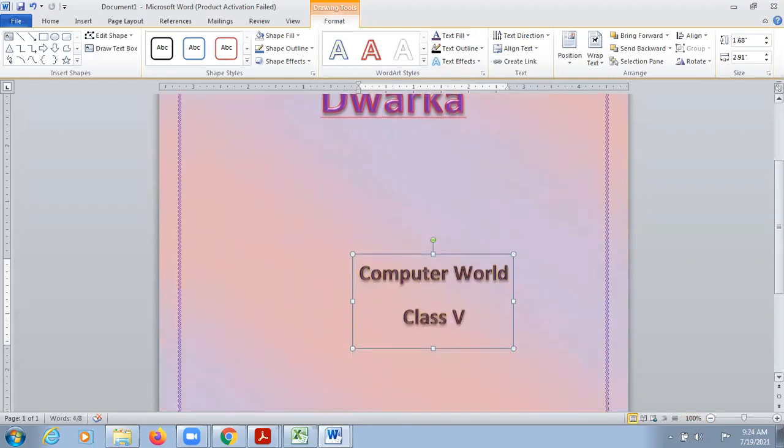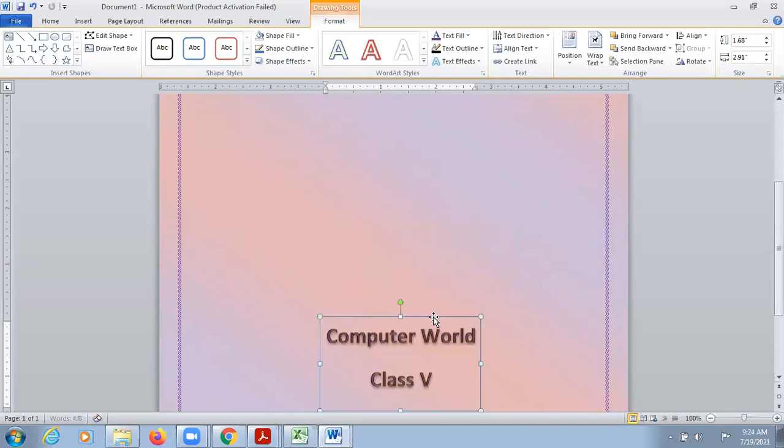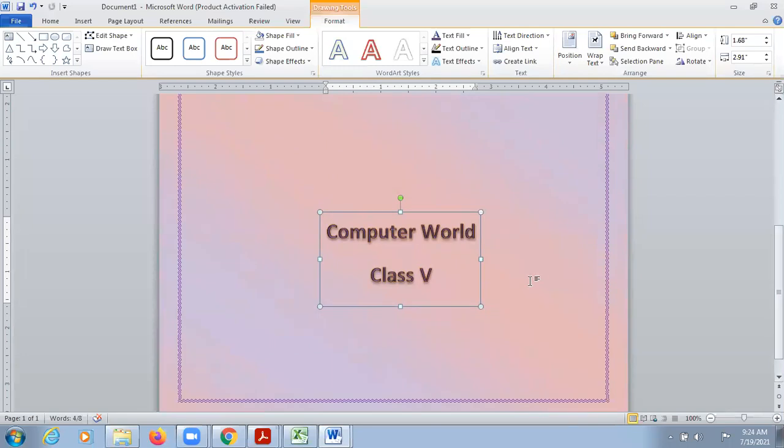This you have to try and check whatever is looking more beautiful, that you can set according to your requirement. So like this, now we can place here.